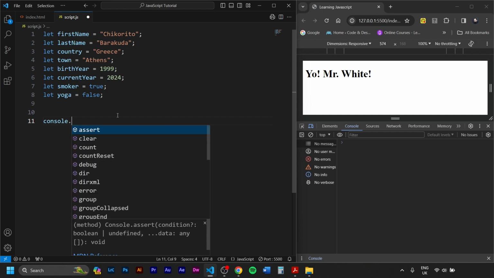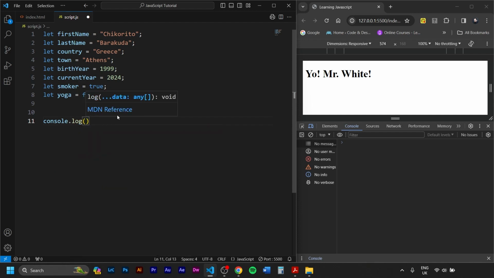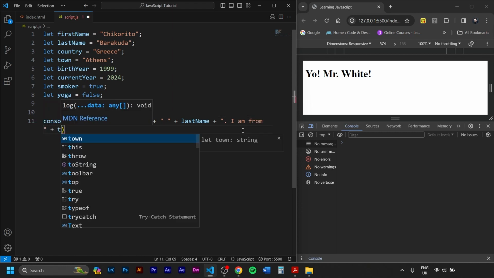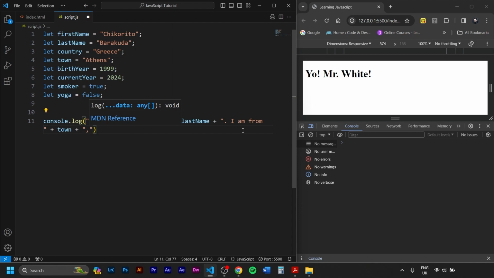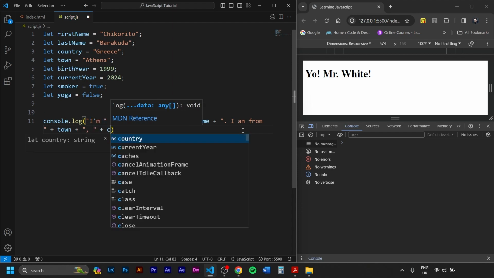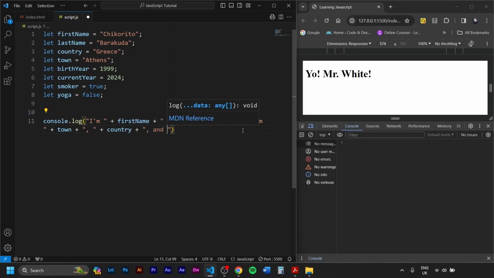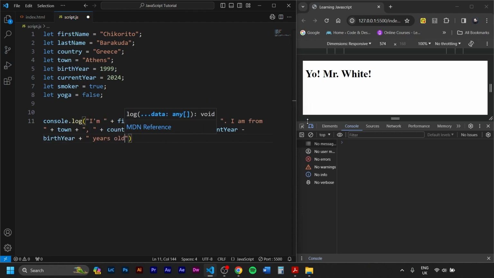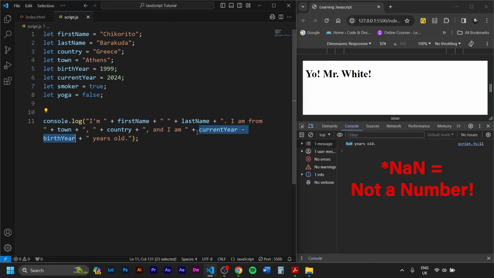So of course we write console.log, we open parentheses, and we start with I'm, so we put double quotes, I'm, space, plus firstName plus double quotes space plus lastName plus. So now we can put a dot, say I am from, space, plus town plus double quotes, comma, space, outside plus country plus comma, and I am, space, plus currentYear minus birthYear plus double quotes, space, years old dot. So if you save this and you get this message,